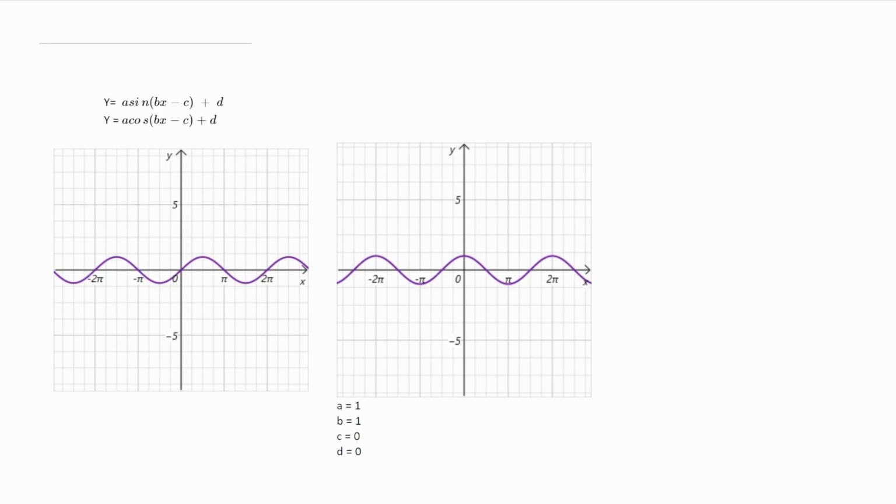Hello. Today we're going to be talking about the graphs of sine and cosine. Here on the left, we have the basic sine function. This is the graph of y equals sine x. Notice a few things: the graph continues all the way to the left and to the right, and it's